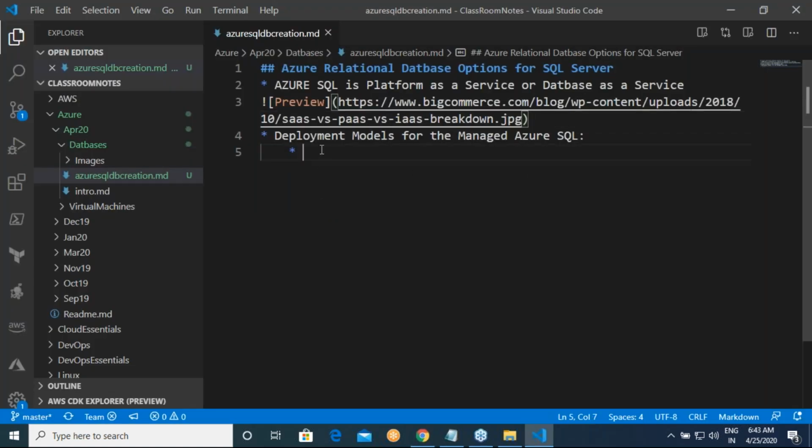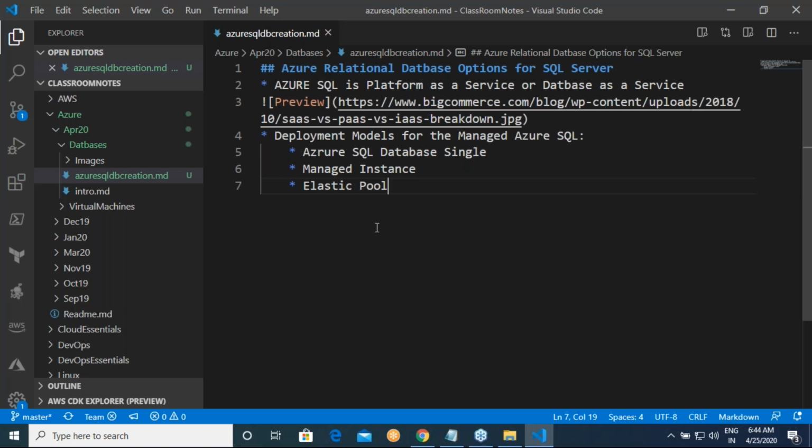So deployment models in Azure are, we have something called Azure SQL database single, and then there is something called managed instance, and then there is something called elastic pool.